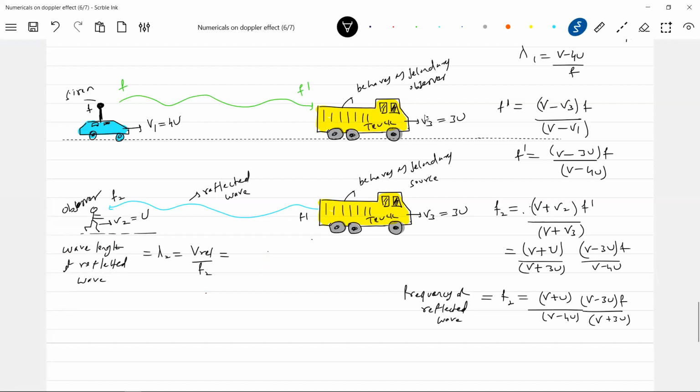V relative will be V plus V2, I'll write it. And we know F2. F2 is V plus U. V plus V2 is what? V2 you know. So these two will get cancelled out. So we'll end up with